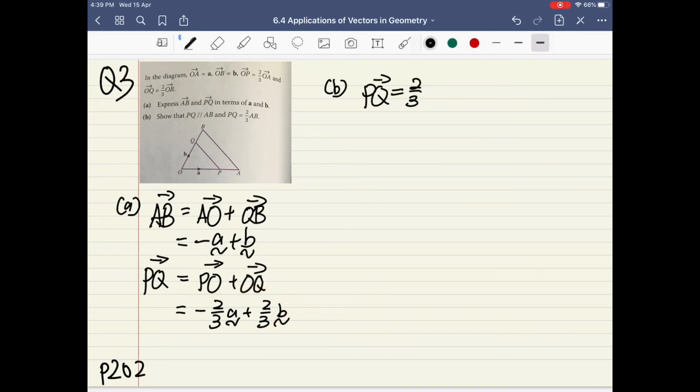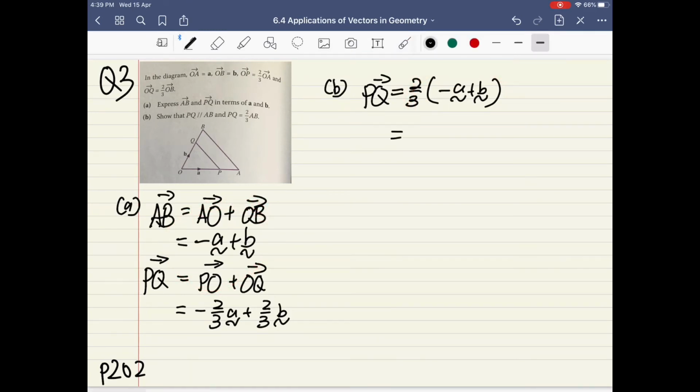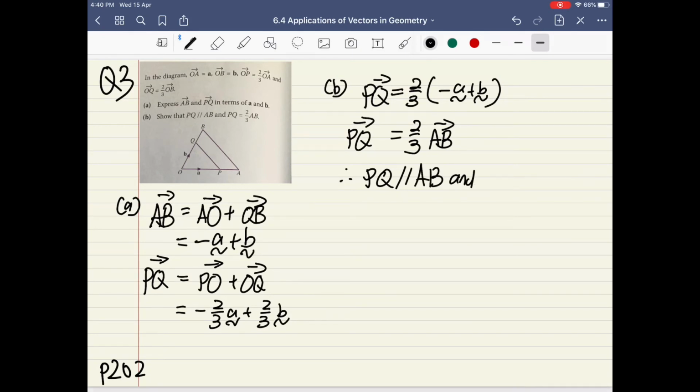First and foremost, PQ is from over here. If I factorize out 2/3, what I get is negative A plus B. Does this look familiar? This and this are the same value. So hence I can write down a statement that PQ is actually 2/3 of the vector AB. Therefore, since PQ is K times AB, in this case the K value is 2/3, I can state that PQ is